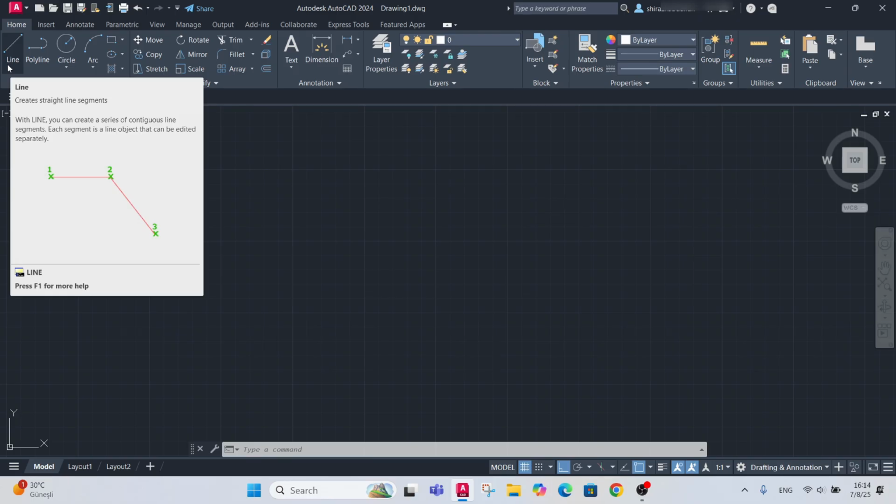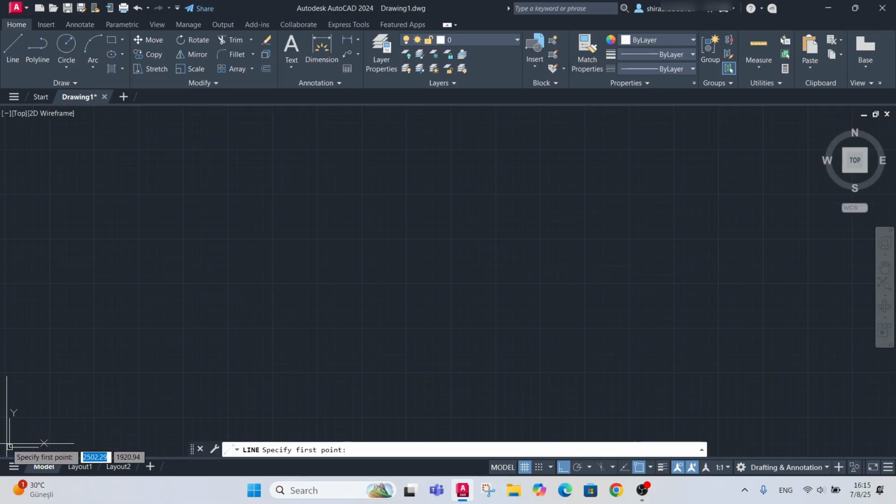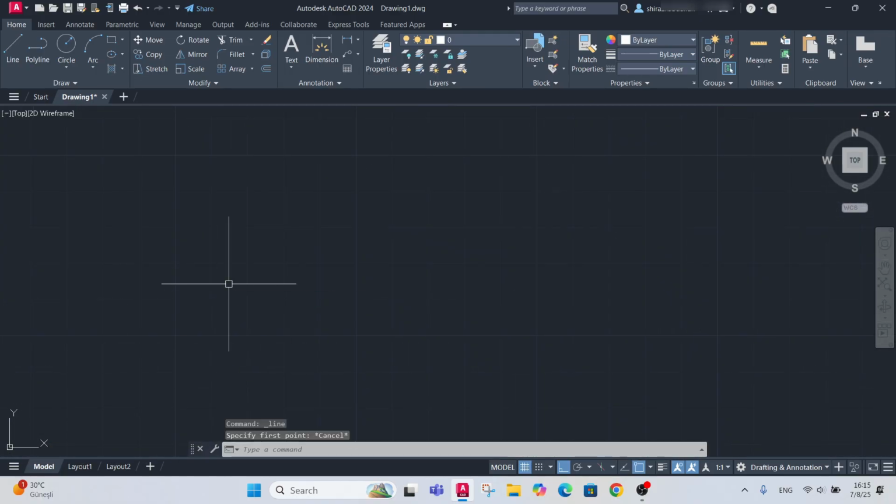And like, just pick points. Maybe I want to draw a line of 20 centimeters. Just point to the first point. It asks you to specify the first point, and you see this first point shows some numbers. These numbers are grids from the origin here, and this is the Cartesian. I set it to not be set to the origin. As you see, it's moving, but you can set it from the origin by typing UCS